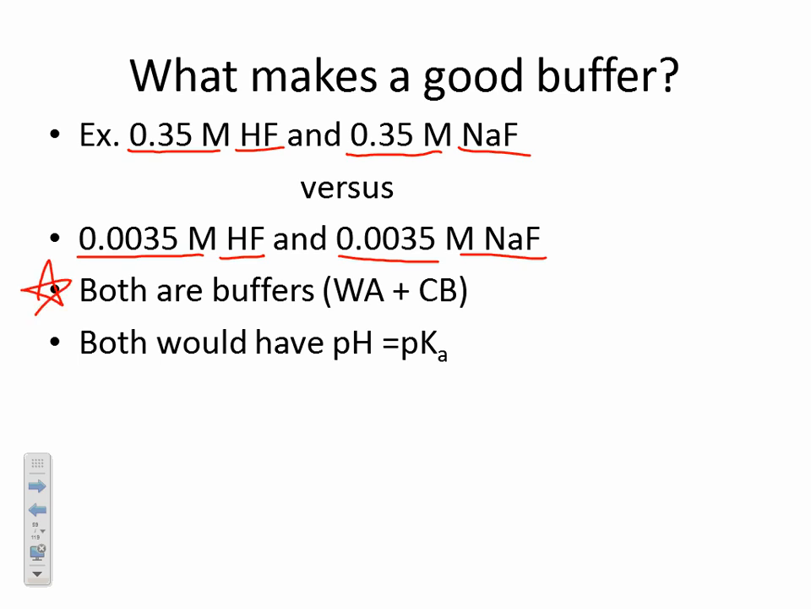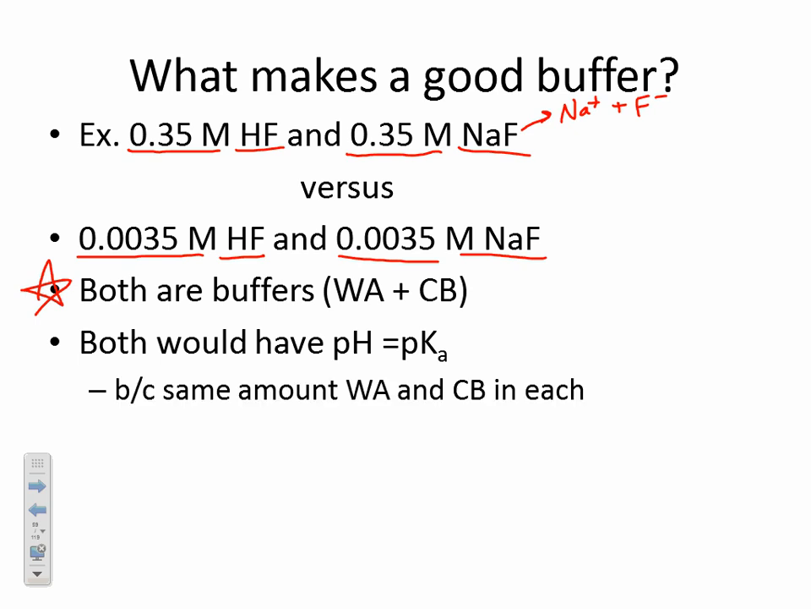Both of them are the weak acid and the conjugate base, so that's going to be, in this case, HF and F minus, right? Because NaF is going to completely turn into Na plus and F minus, so F minus is our conjugate base in this particular system. Both of them would have a pH equal to the pKa, because in both of these buffering systems, they have equal amounts. Equal is a better word than same because they don't have the same amounts, but they have equal amounts of the weak acid and the conjugate base. So in both of them, because they have equal quantities of HF and F minus, pH will be equal to